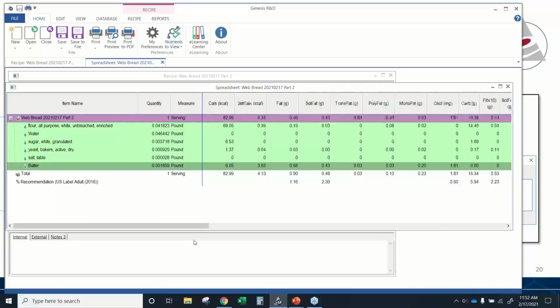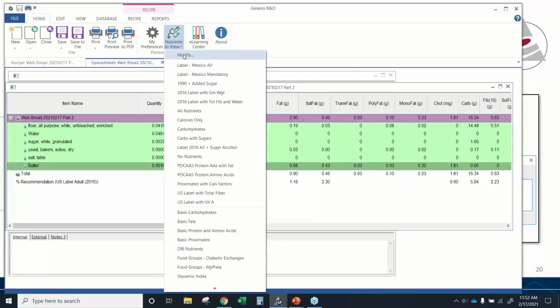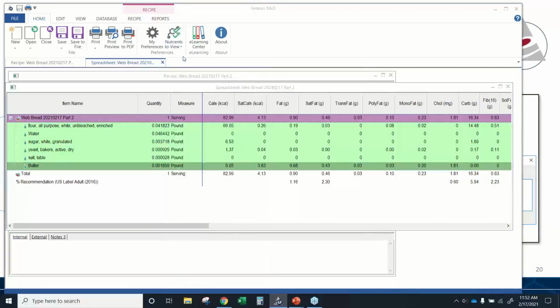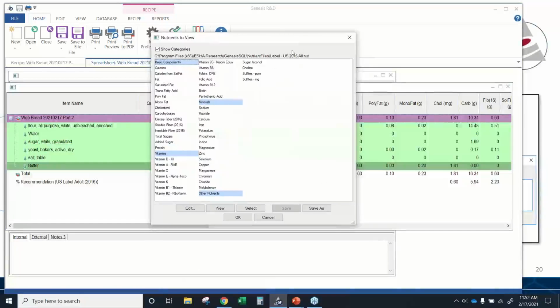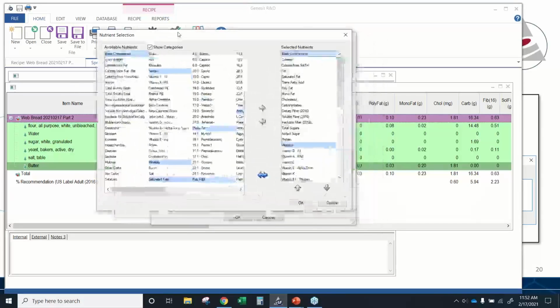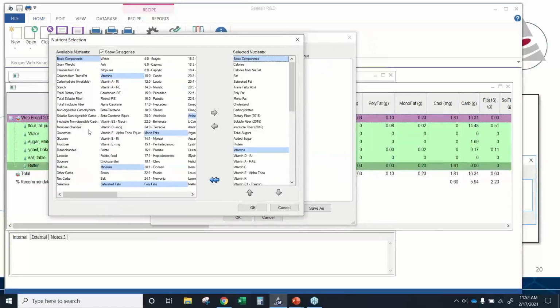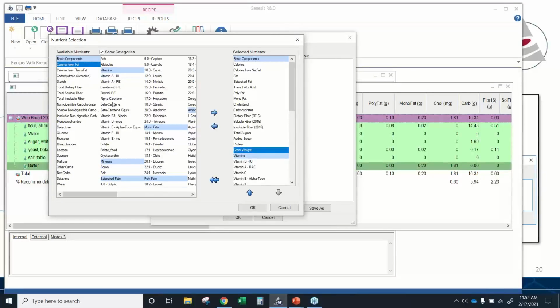I could choose to report all, which would be the mandatory and the voluntary nutrients for the US label, or I could create my own. So if I click on Nutrients to View and Modify, I'm going to see whatever set I have selected. So I have the US 2016 All set, it shows me what nutrients those include. Choose Edit, and you'll see this screen. So we have available nutrients, all the others that are available in Genesis, as well as those that I already have selected. So to select new nutrients and create your own set, you can double click here, or just